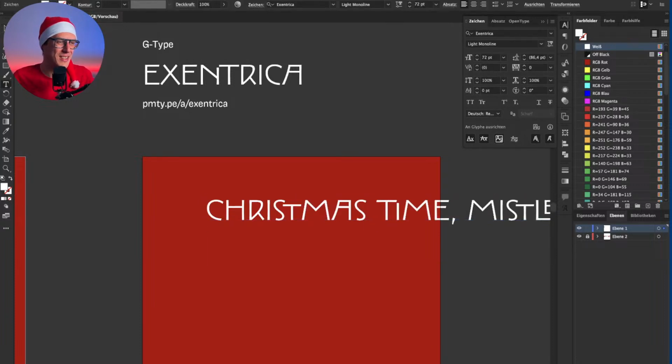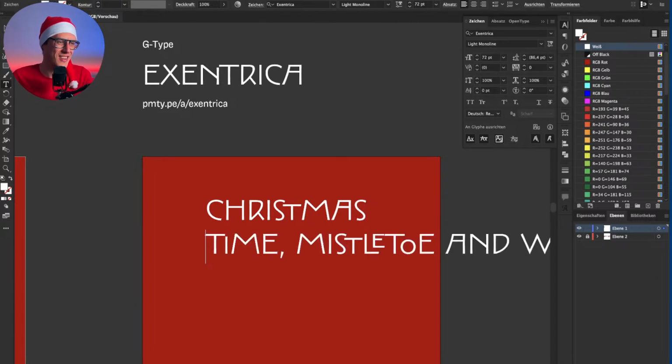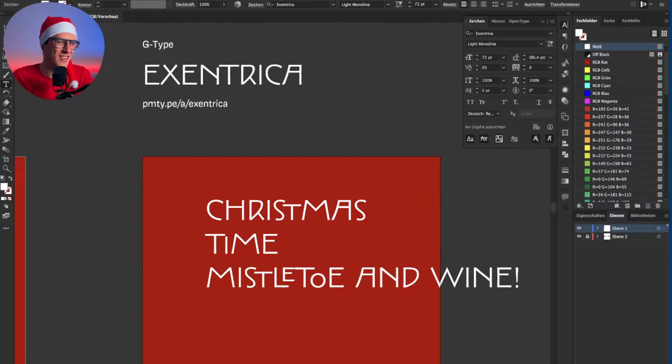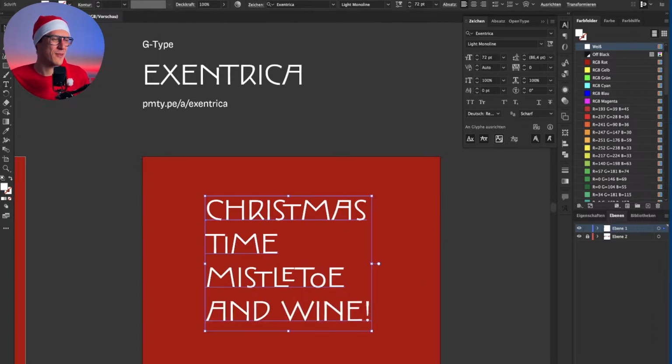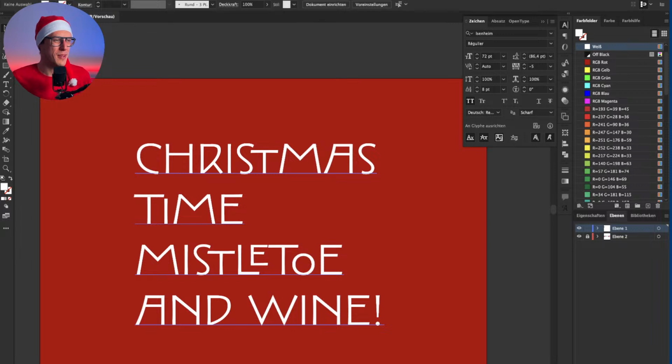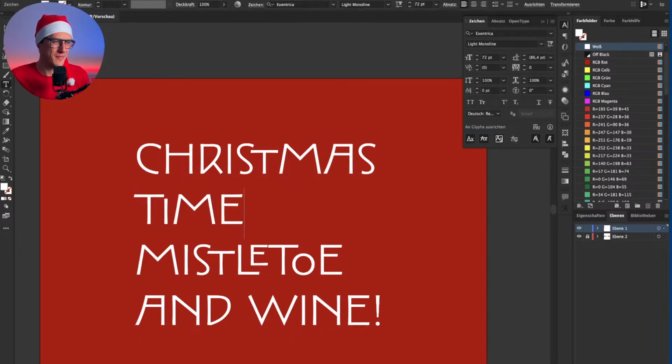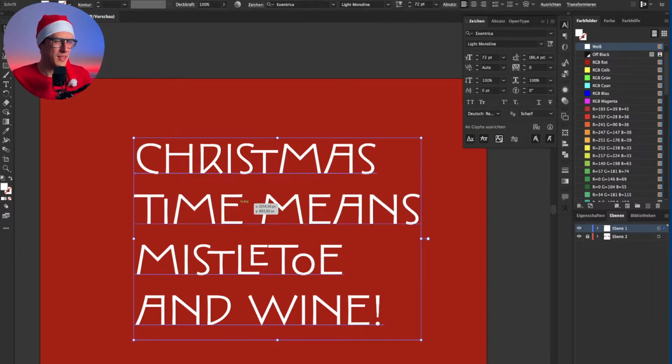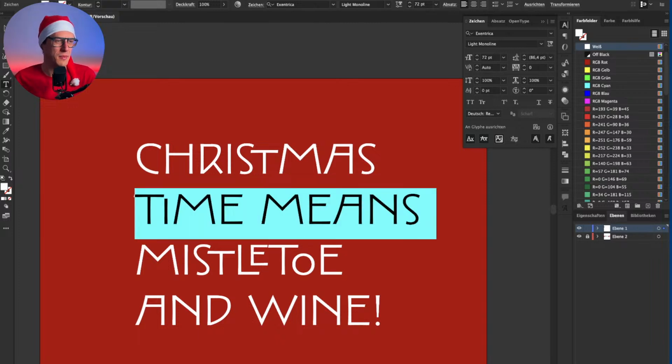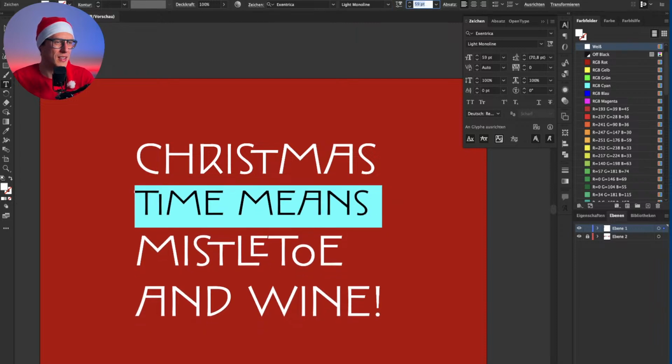So this immediately looks nice because it has these interesting combinations. Do you see? So we can make this very cool. Maybe this way. Christmas time means mistletoe and wine. And maybe let's make this as a block of text. Yeah. And in this case, we could make it a bit smaller so that it has the same width as